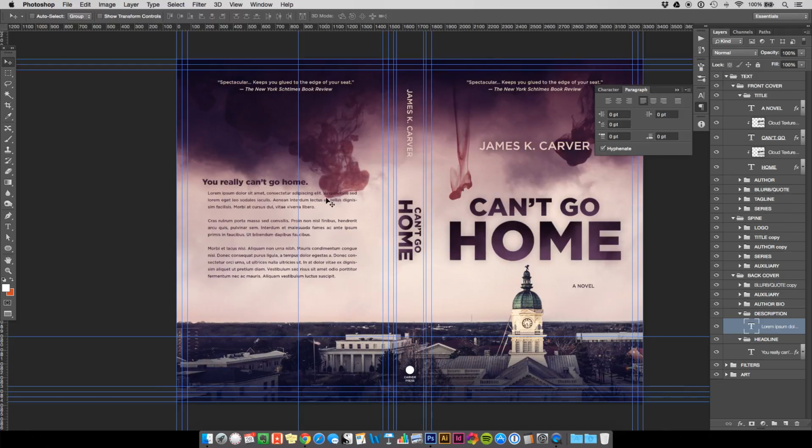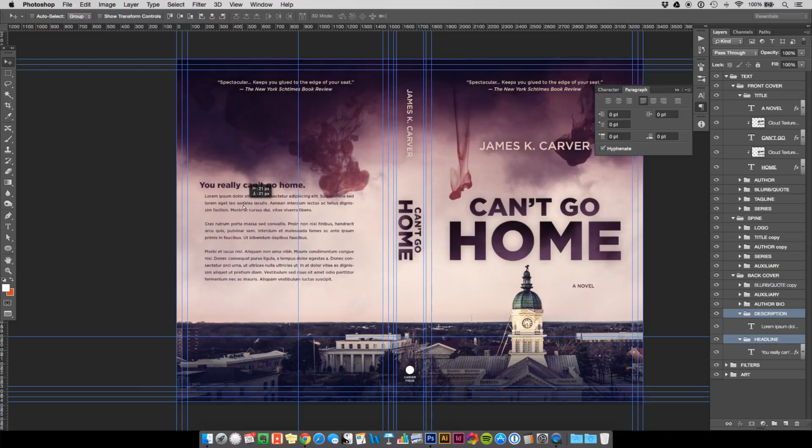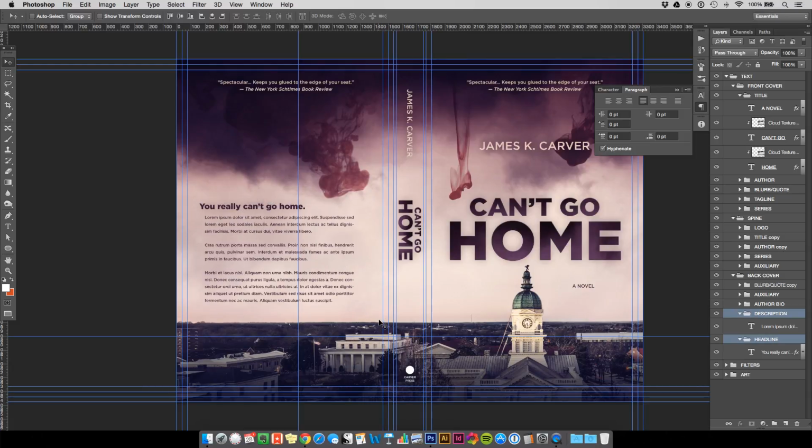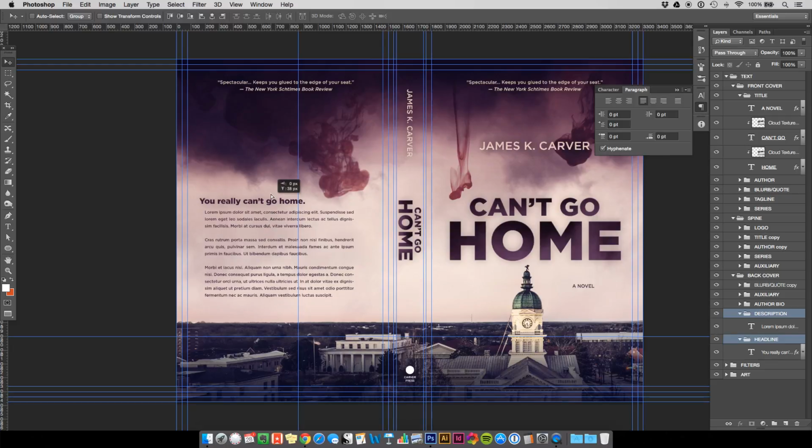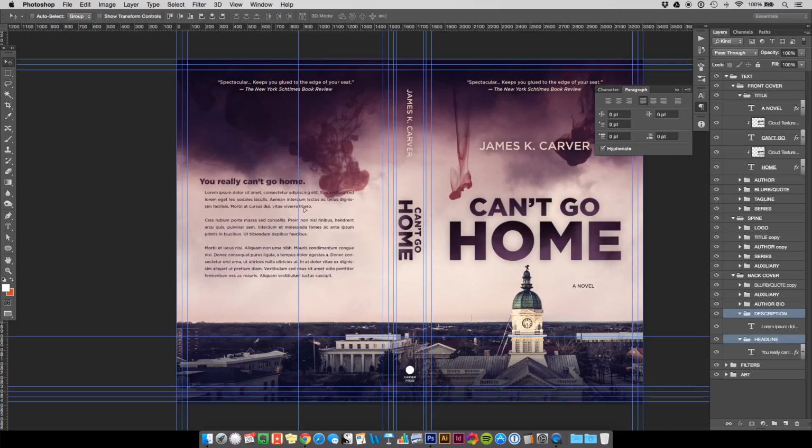Now we've got this sort of difficult space right here in terms of readability, but I don't necessarily want to drag the description too far down on the back cover. Now, if there were more of these blurbs, let's say 4 or 5 blurbs spaced out up here, maybe this would make sense. But otherwise, this feels like a very, very large empty space to me. And so I'd like to actually keep our text floating somewhere in this space,